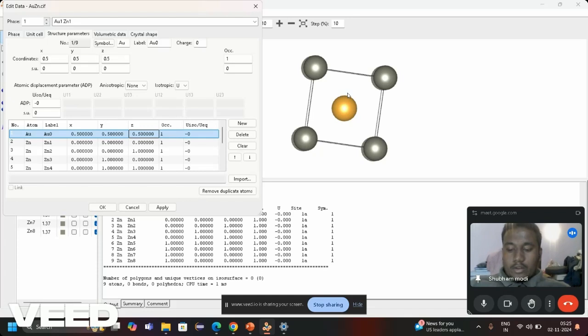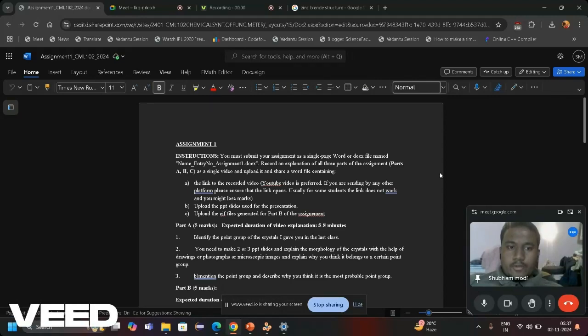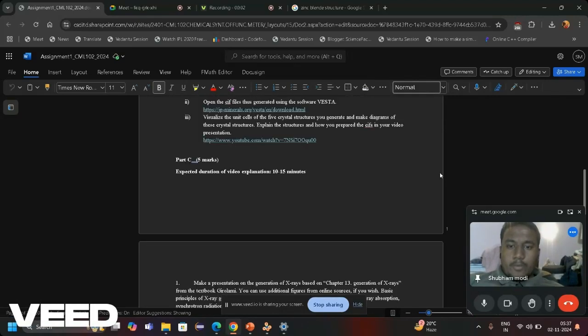Each gold atom is surrounded by 8 zinc atoms here, and each zinc atom is surrounded by 8 gold atoms. So which means this is a simple cubic one and an 8 to 8 coordination, which means a 1 to 1 coordination. So in the third part C of the assignment,